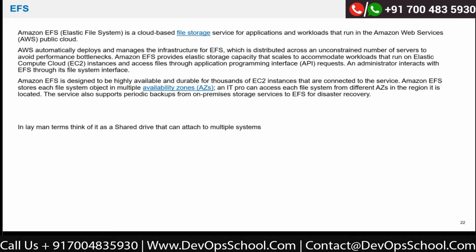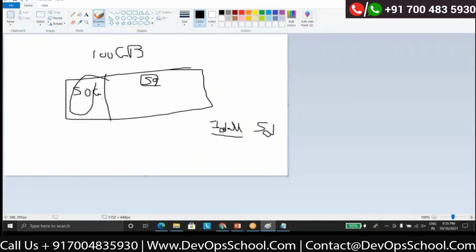Okay, guys, moving to the next part. Next service is EFS. Till now we have seen the regions, the AZs, the EC2, the EBS, and now we are into the EFS. There are multiple things written about EFS everywhere. In simple language, EFS is like a file sharing system, like a shared drive. In your organization, you attach a shared drive to your laptop or your desktop. The same concept is here.